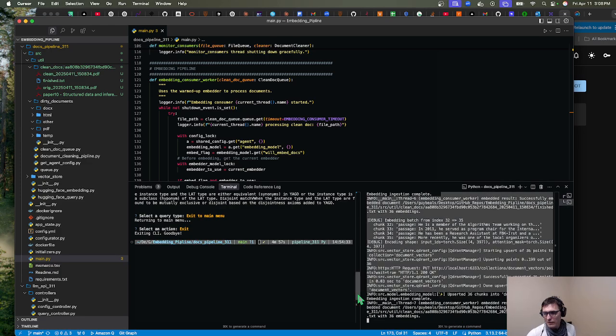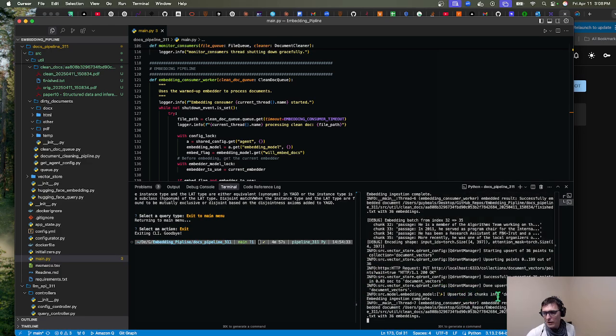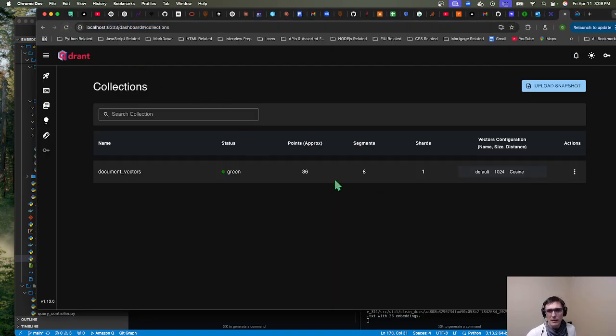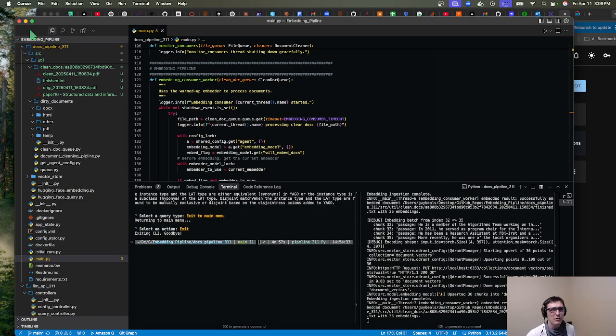Looks like we got a success message and we got 36 chunks sent over to document vectors in the vector store. Let's go ahead and refresh. Check that, we got our 36 points. We have our cosine similarity search set. We want to make sure that we have our vector size appropriately matched to what we have set with our embeddings model. Now we're going to go ahead and start the CLI tool, which is configure.py, and